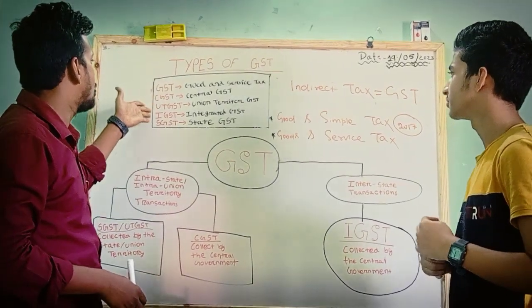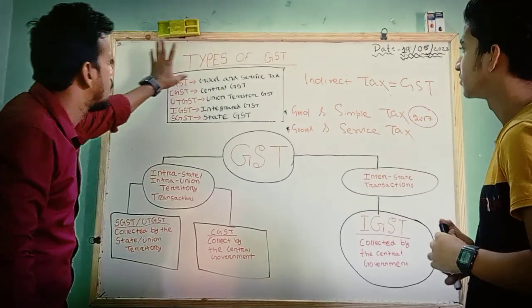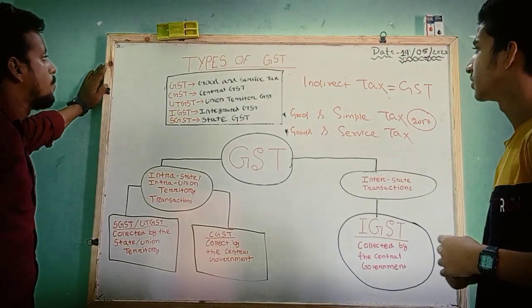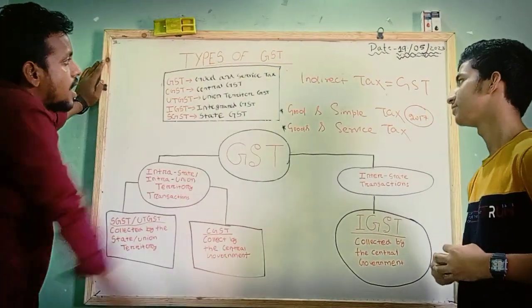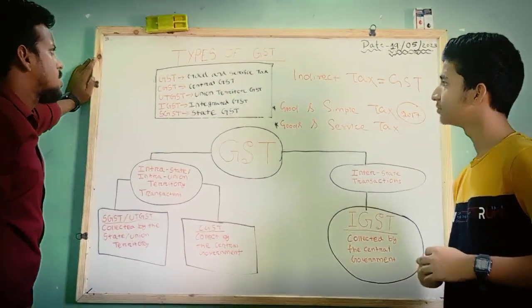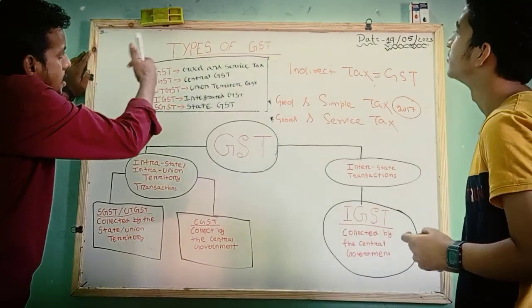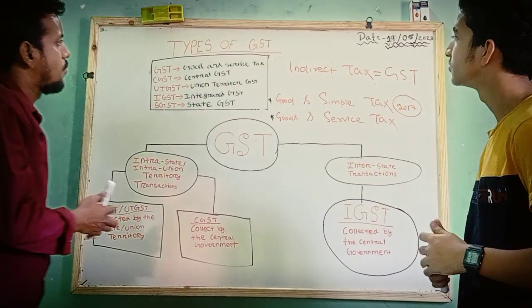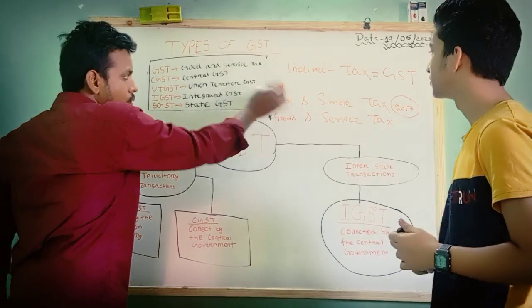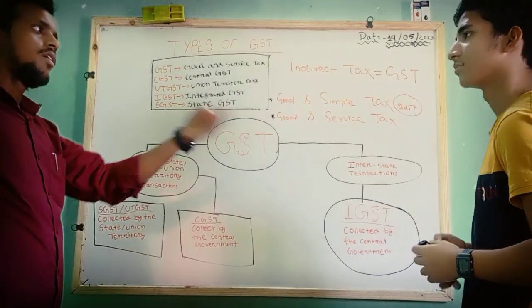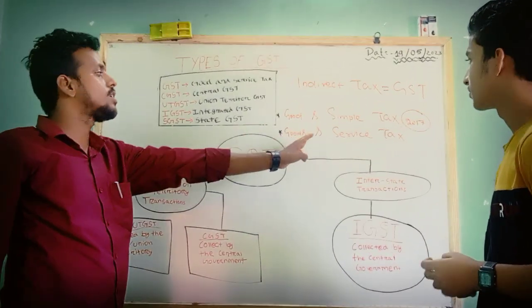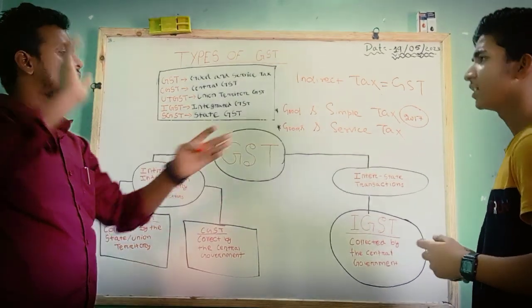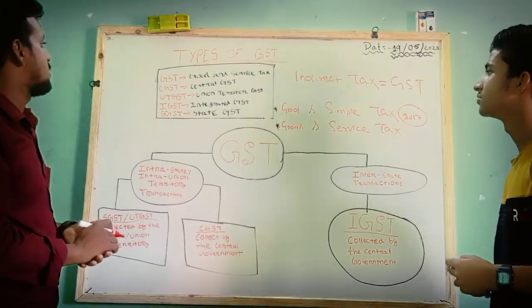The full form of GST is known as Good and Service Tax. But you will ask me, sir, if there is a word that is lagging behind, what is the difference between good and goods? Good means it is a word of what? Smooth. And goods means it is the word of what? Things. The materials, the things, the elements.